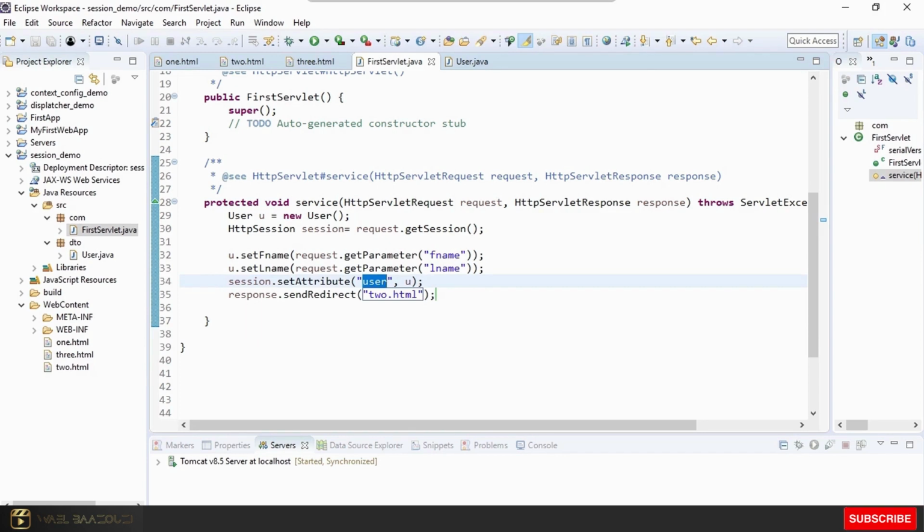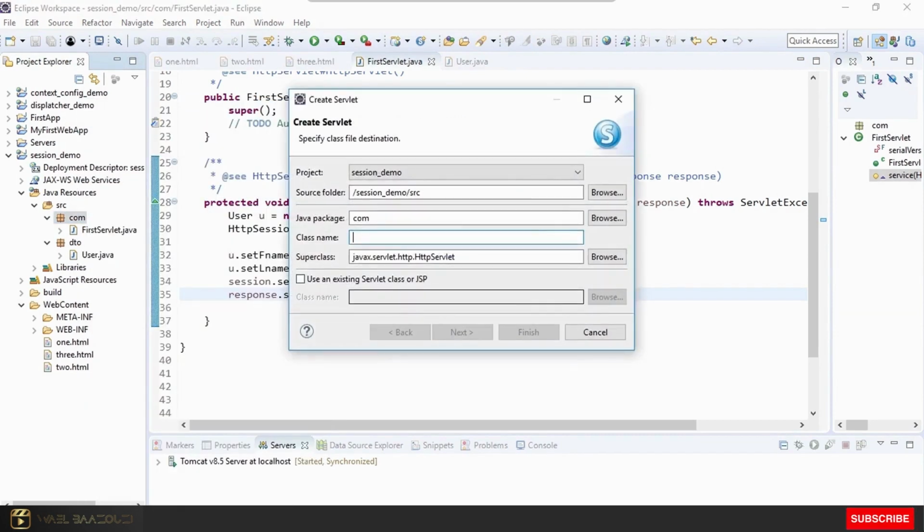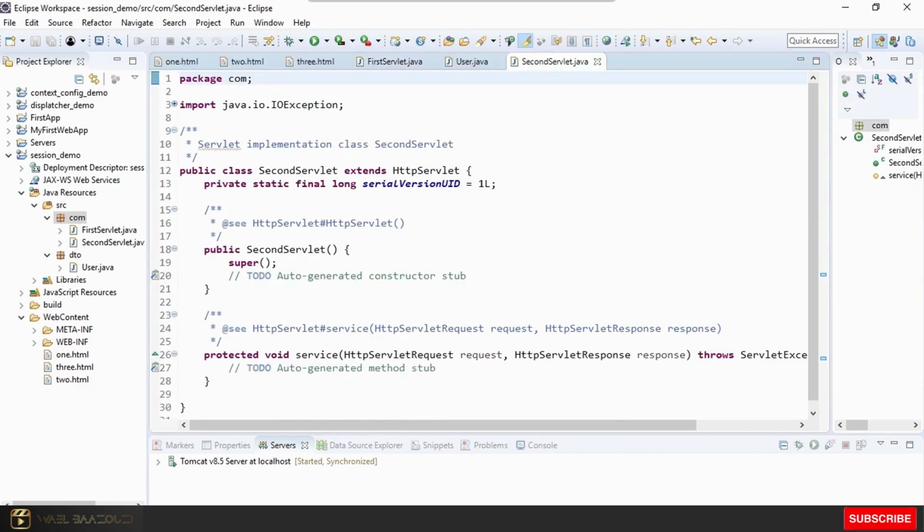Now we'll add another servlet. This servlet will have the name of second servlet. Again, we'll just have the service method and finish. We'll use the code that we had added here, paste it into the second servlet service method,